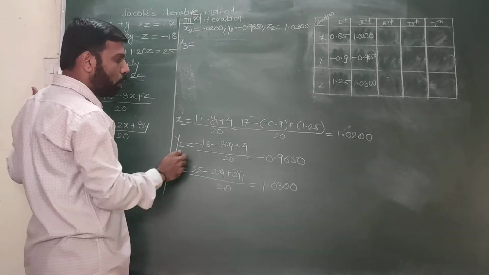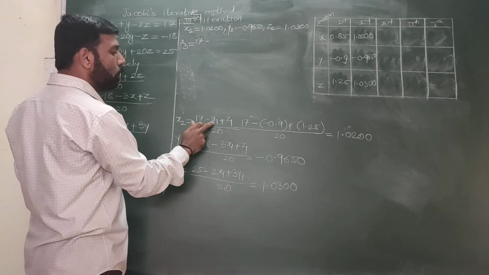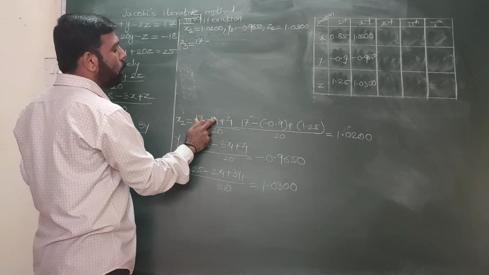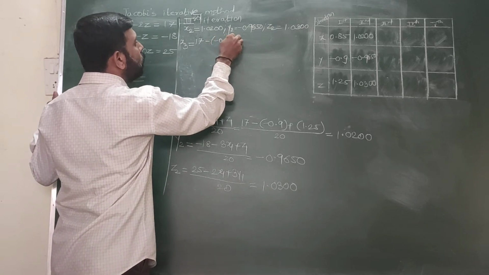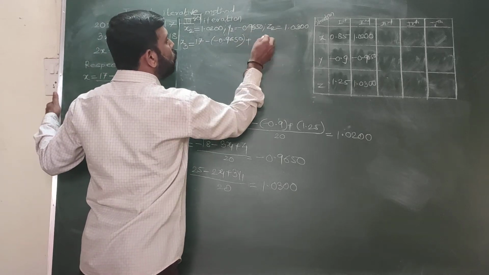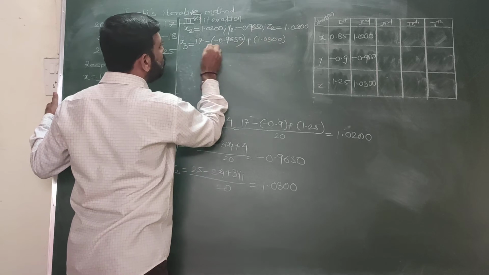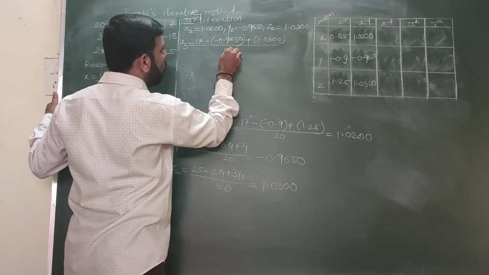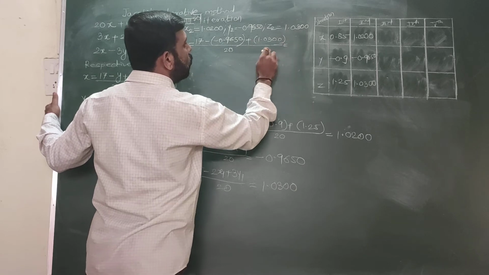We have the formula, in which we only make the change: 17 minus y1 becomes y2, and here I am directly writing the y2 value plus 2z2, divided by 20, and the output of this is